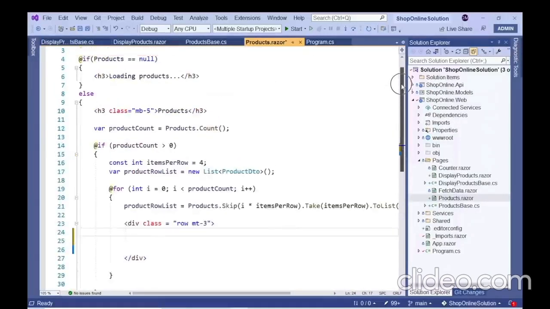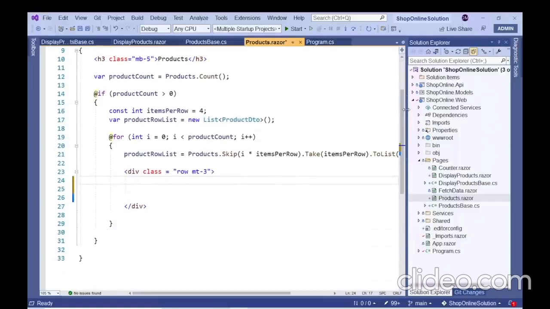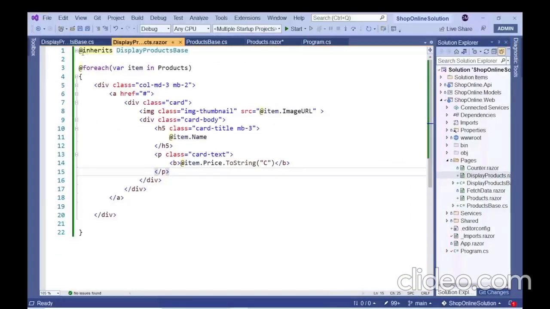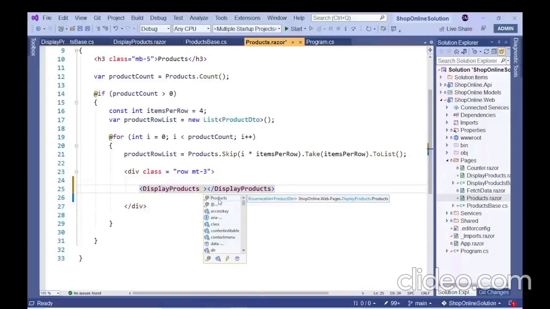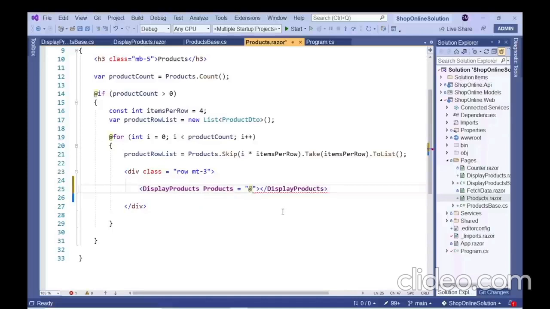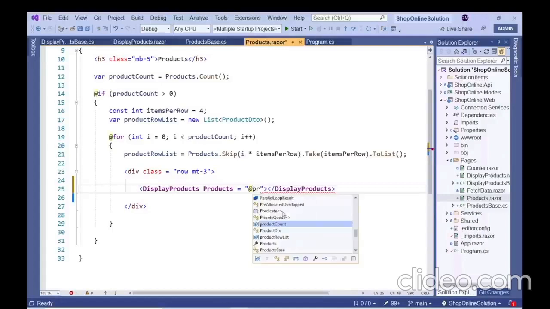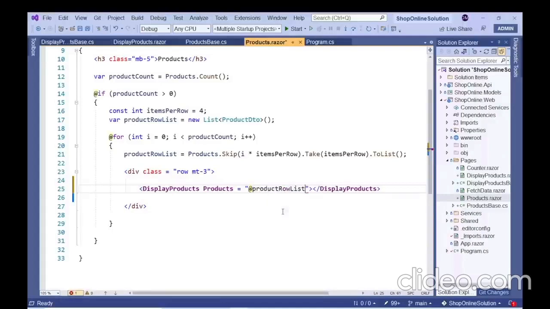A child component cannot be accessed directly through a browser and therefore does not contain a root declaration. A child Razor component must be invoked from within a parent Razor component. So let's go to the products parent Razor component and call the displayProducts child component through this declarative code. Notice how we are able to pass the relevant collection of objects of type productDTO to the Products parameter that we defined within the displayProducts child component. And the code for calling the child Razor component from the parent Razor component is very much like typical HTML